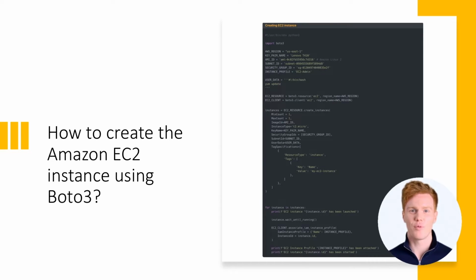The most straightforward EC2 instance configuration might include the following arguments: the minimum count of EC2 instances to launch, the maximum count of EC2 instances to launch, the AMI that will be used as a template for launching new instances, the instance type, which defines the CPU and memory parameters of the instance in addition to other instance optimizations, for example, storage and network,